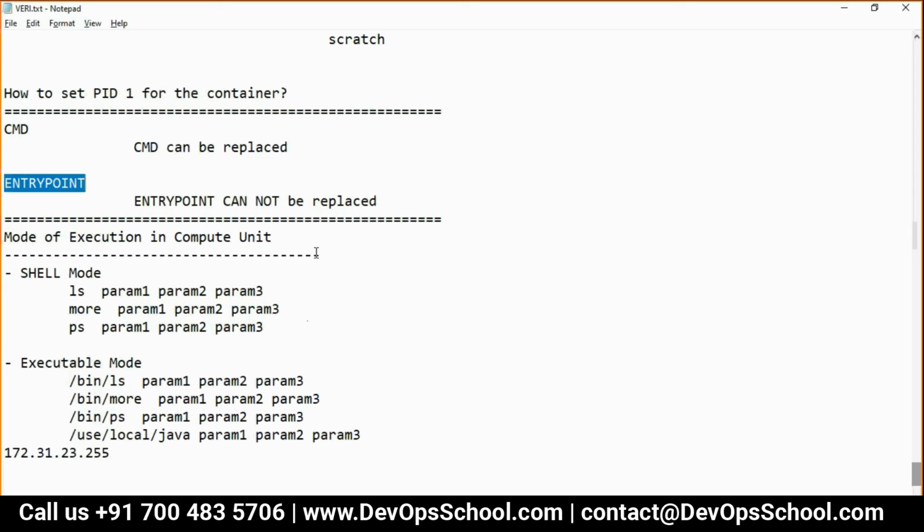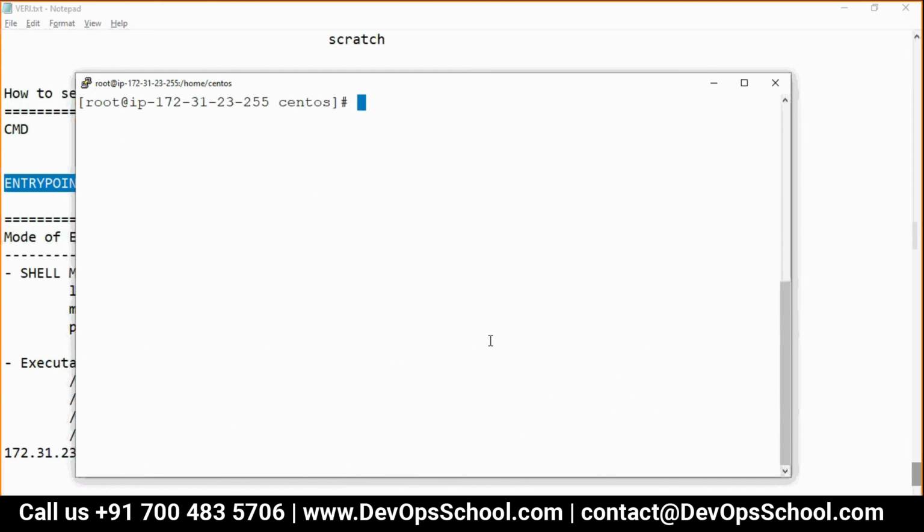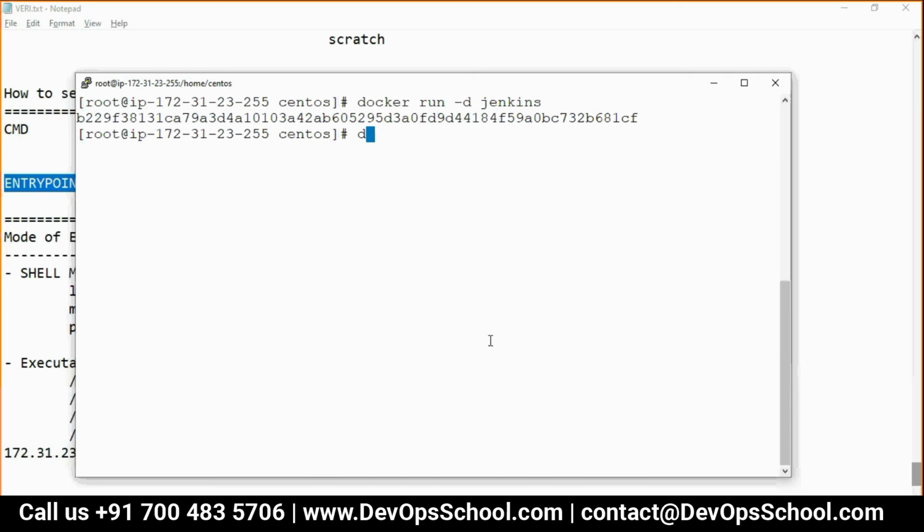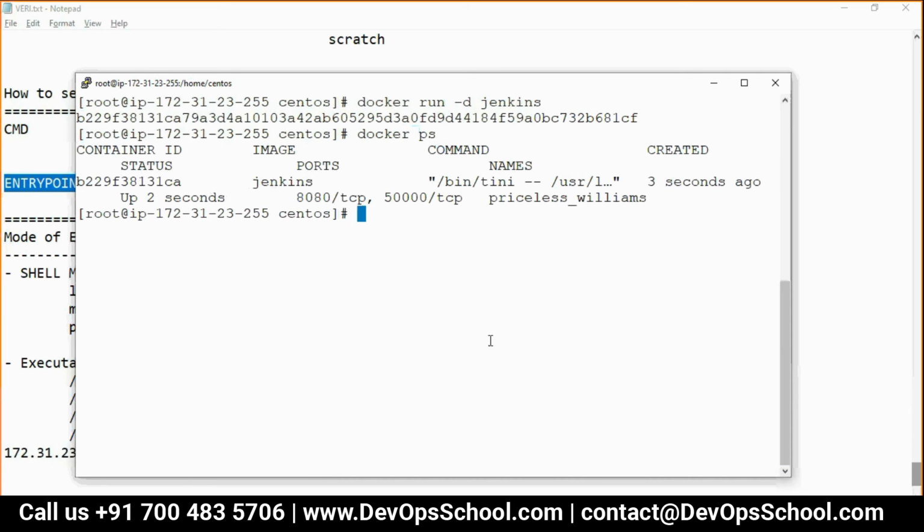Now I will show you the entry point. Docker run -d Jenkins. You know this command. It will keep on running because it will hold it. So it's a binding. You see here, can I try to replace this?